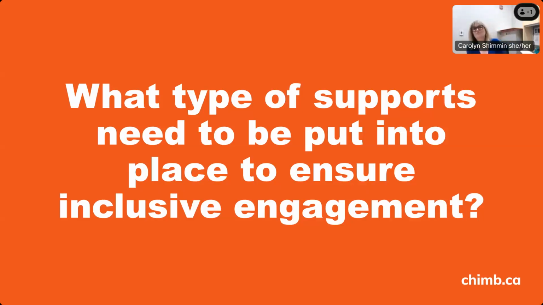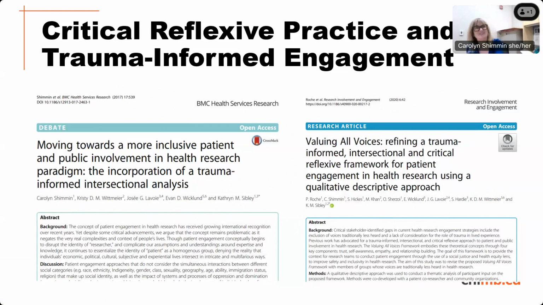And so what types of supports need to be put in place to ensure inclusive engagement? Well, one thing we always talk about, but won't get into today, is that I'm a huge proponent of critical reflexive practice. So I always want to encourage researchers, patient partners, and everyone who comes together to commit to ongoing critical reflexive practice. What that means is looking at your own social location, how that might affect the way you're viewing a health issue that you're researching, how that might impact the interpersonal relationships you form with others, and some of the assumptions that you might make, and critically examining that over and over again to make sure you can understand systems of power and how that might play out